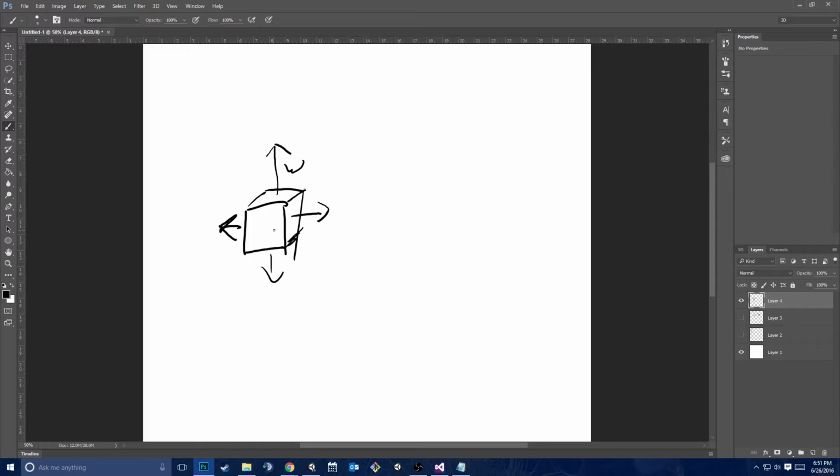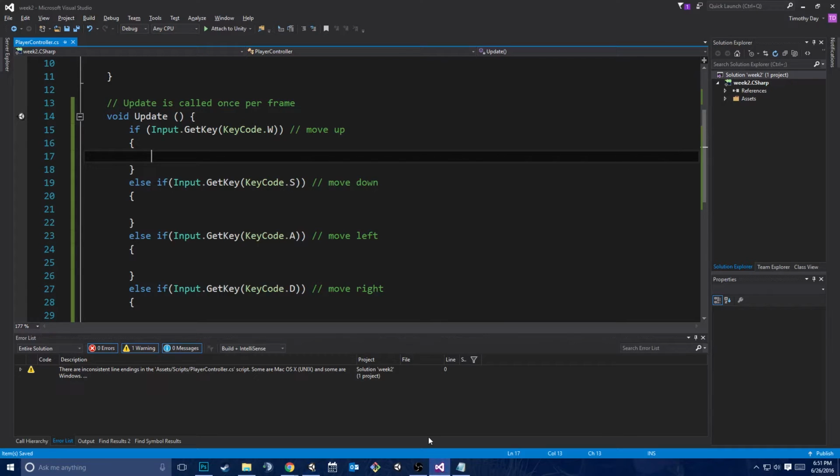Okay, so the way I do that is this cube has a component. We talked about it last week. This cube has a transform T, okay? And T can tell us the position, it can tell us the scale, and it can tell us the rotation. So if I wanted to move this up, right, I would say T.position, okay, in code. I want to add something to this, okay? And then what I want to do is I actually want to set the position to this value. So the way we do this is there's a couple different